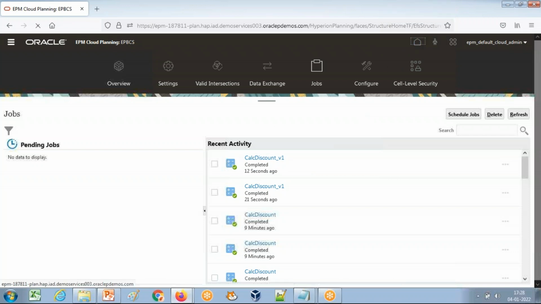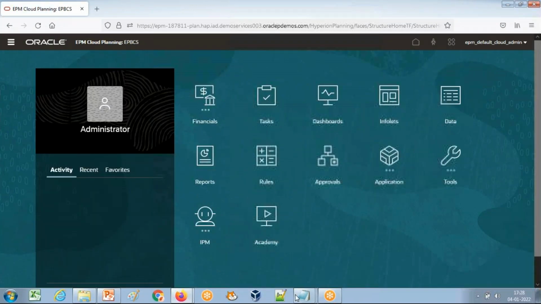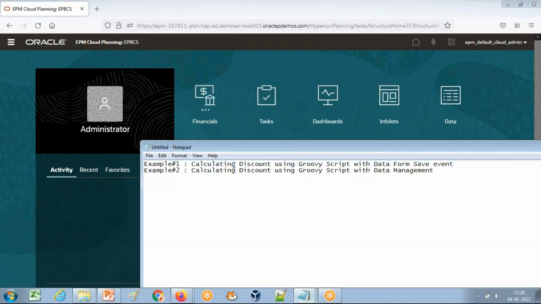Okay. So this is how you can write a complete Groovy script to perform any kind of calculation. The same example I will show you in the next case, where we are going to invoke this calculation script directly from data management. So it will happen in 2 steps. In step 1, the data load will take place.